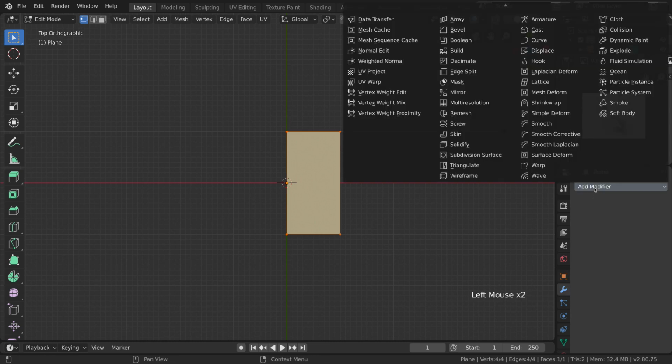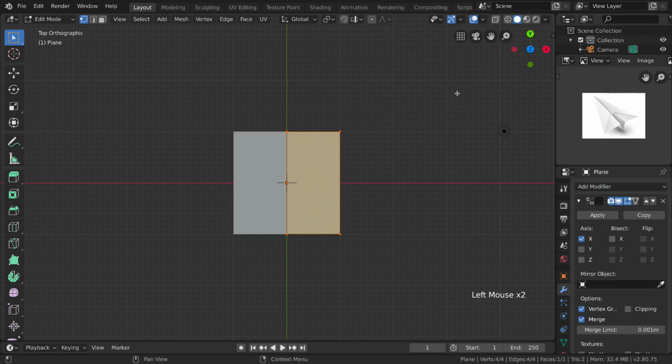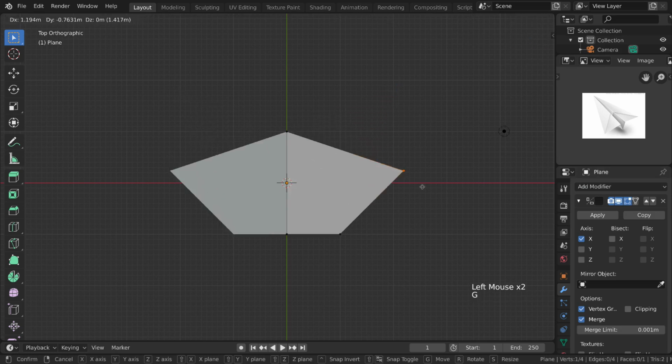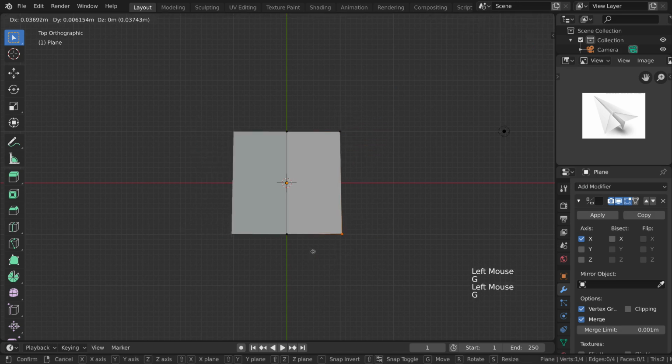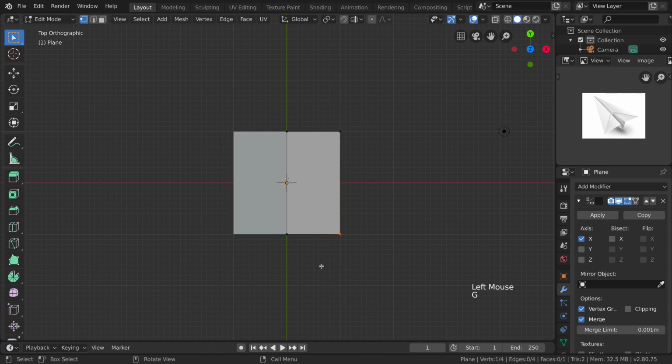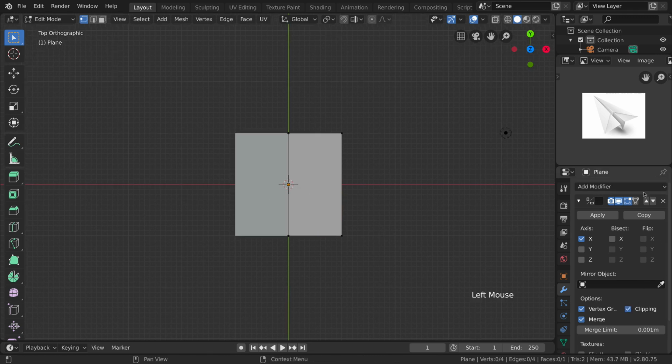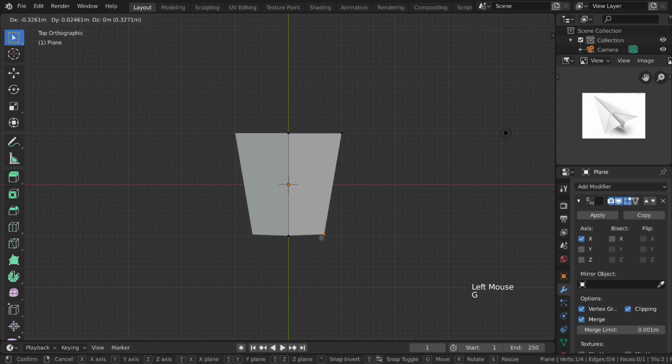Under modifier I'm going to add mirror modifier. So now if you move these vertices, this vertex here or this one, you can see that on the other side is also moving. So that's what mirror modifier is doing. Let me just turn on clipping under mirror modifier, and I'm going to move this vertex here by pressing G and move it closer to the middle